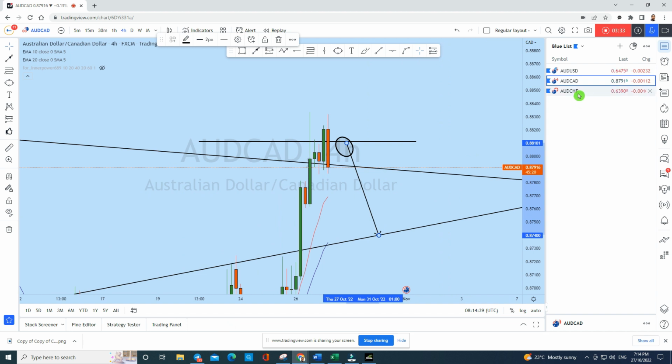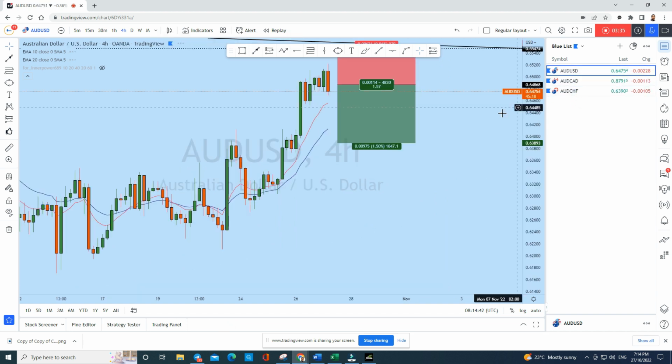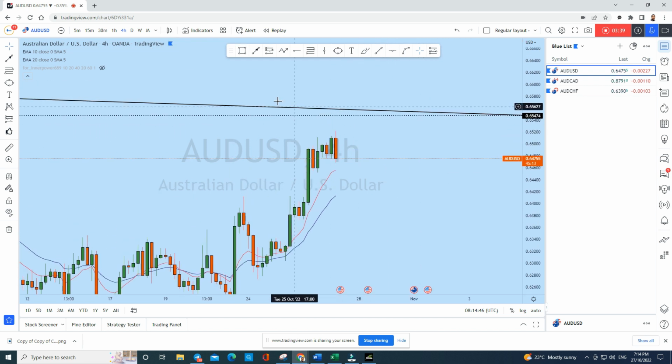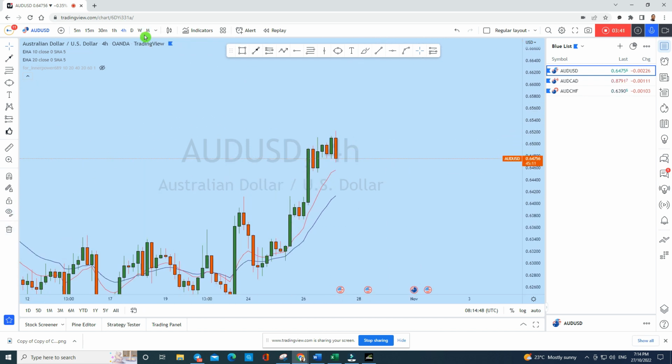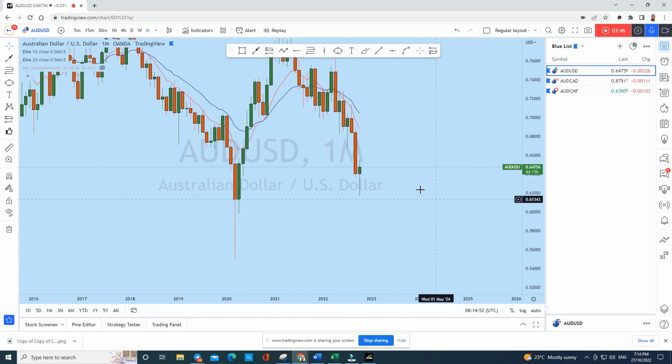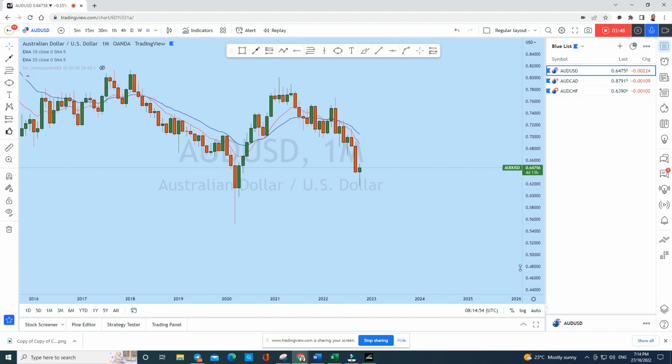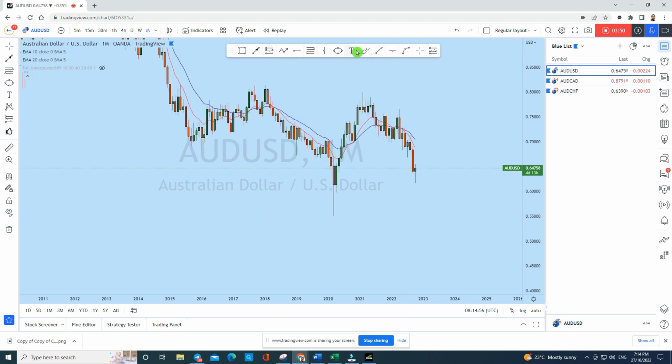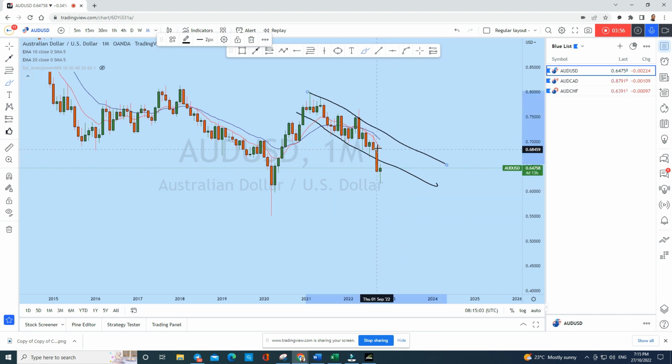Now let's look at the Aussie dollar, AUD/USD. As you can see, this is also overextended to the upside. If we look at the monthly perspective, we see that this market is strongly bearish. There was a long-term monthly channel. You can see that it was dropping along this zone, creating this long-term channel, and within previous months we have seen